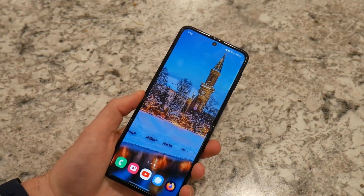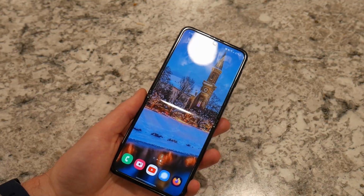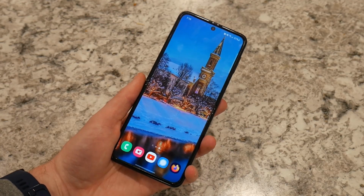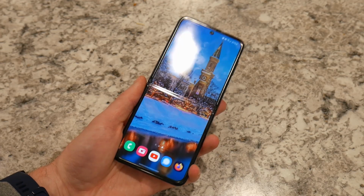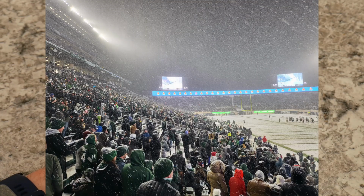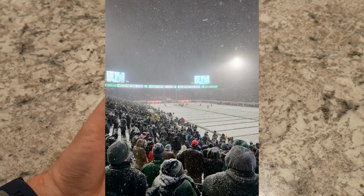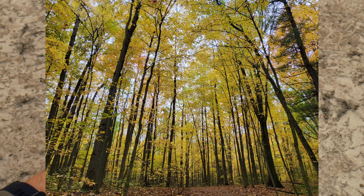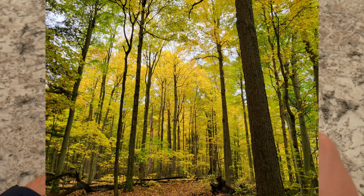It's just not quite as waterproof as its competition. Typically, the competition has a higher waterproof rating than this phone. But I'll show you guys some pictures as I transition over to the camera right now, and you'll be able to see some of the weather conditions I was in with this phone. There were some pretty crazy circumstances. It's rained on this phone with the screen open while I'm trying to get directions or text someone or find someone. I've taken pictures in the snow with this phone. So look, I just don't think durability is really a concern,